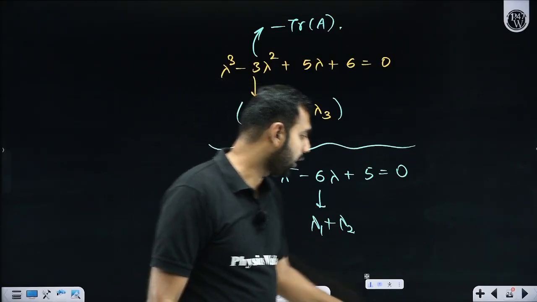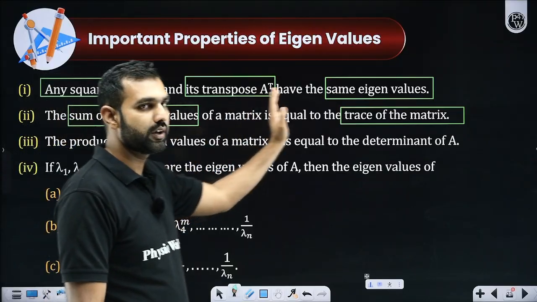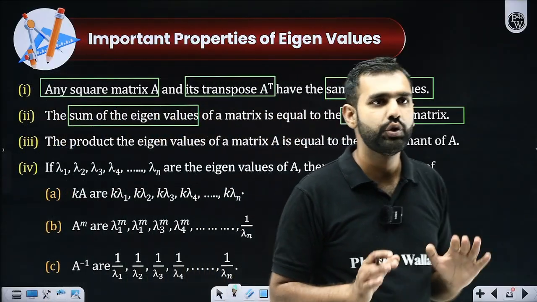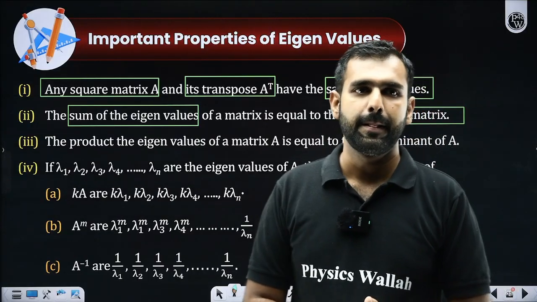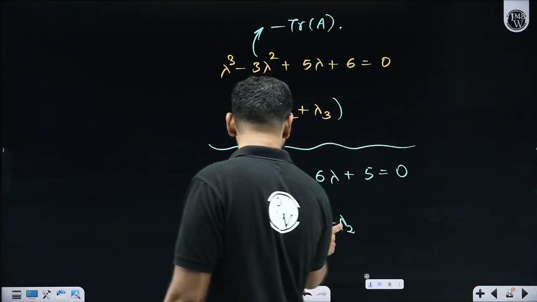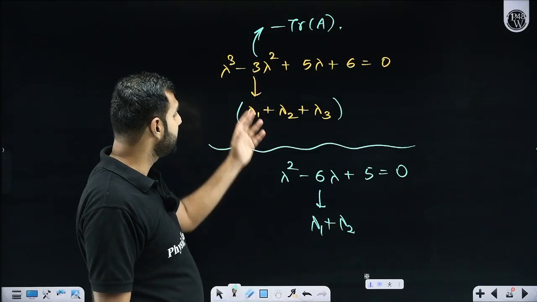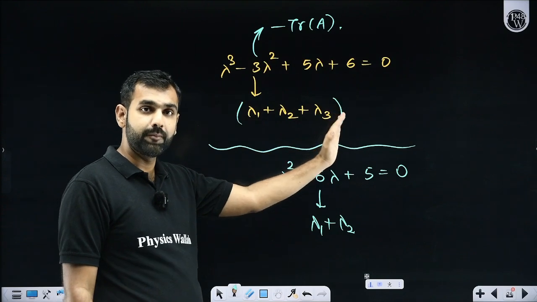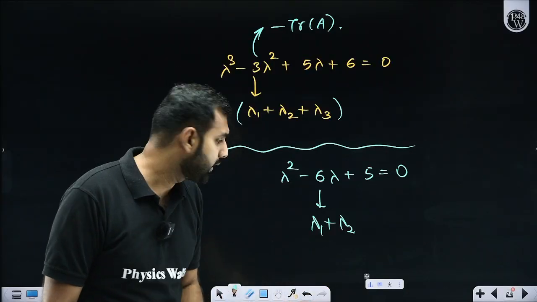So I hope you got this idea very clearly that the sum of the eigenvalues is always equal to the trace of the matrix. Did you all get that? Or shall I repeat it, all the participants? I hope everybody is comfortably understanding that this plus 6 is your sum of eigenvalues, which is the trace of the matrix. This plus 3 here is the sum of the eigenvalues lambda 1, lambda 2, lambda 3, which is the trace of your matrix. Are you all getting this or not?